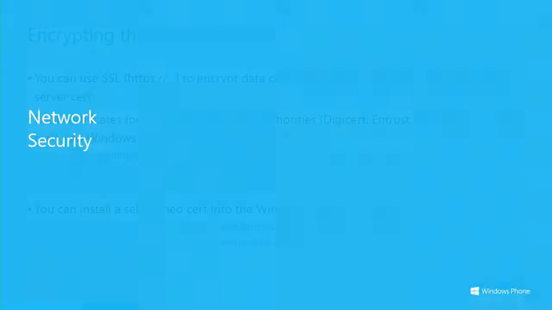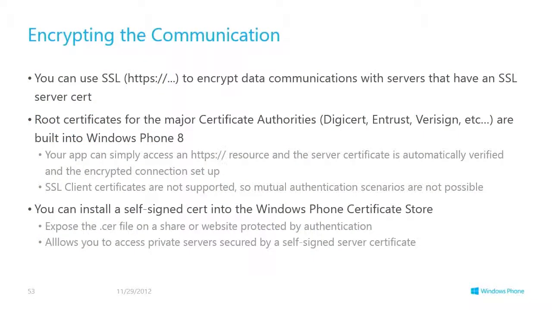Right, briefly, network security. We can use SSL to encrypt data communications with servers that have an SSL server certificate. And for that, on the client, you need to have the root certs for the major CAs, the guys who issue all of the standard web server certificates. And all the usual suspects are installed onto Windows Phone 8. If you're generating your own certificates, becoming your own CA for an enterprise kind of application, which is not something you'd want to do for a public application,